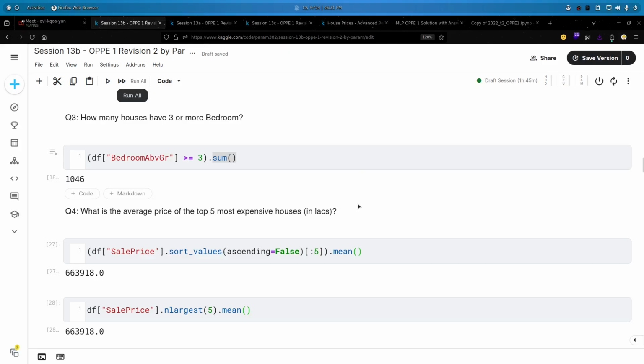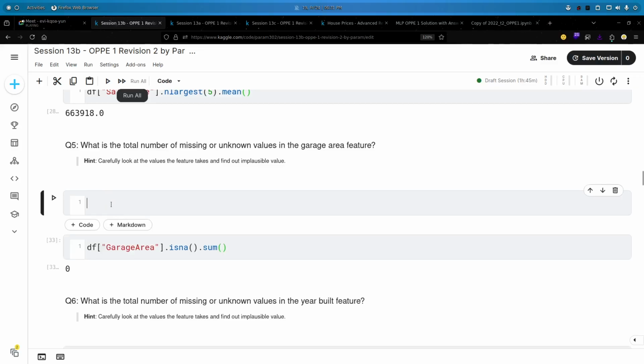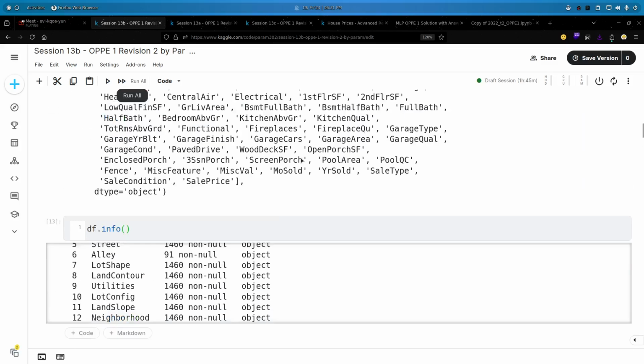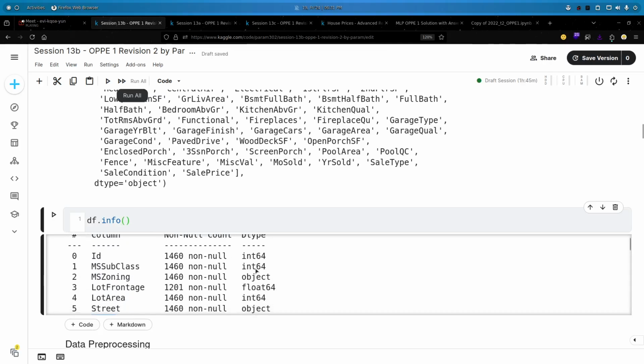Paramjit ji, if I get a 0 value, then do I have to check for question marks, spaces, and negative values? Of course. In the info we can see that in the alley column we have only 91 actual values, right? See, whenever you do df.info, when you have int or float type columns, then either you will have nan or you will have negative values like -1, -2, or maybe 0 too sometimes.